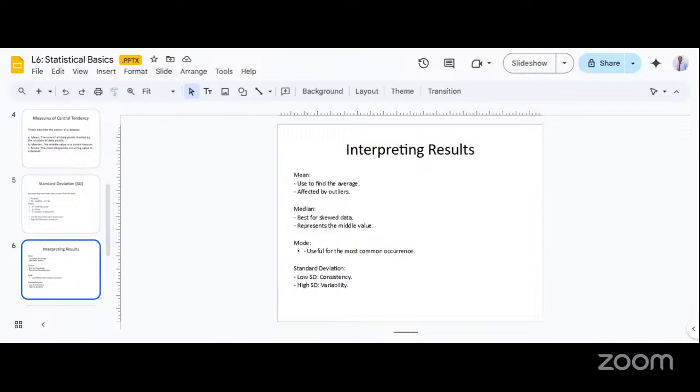Okay, so in a broad sense, what is statistics? Like I said earlier, statistics is a branch of mathematics that deals with collecting, analyzing, interpreting, and presenting data. So you first need to collect the data. So once that data has been collected, you now need to analyze the data.